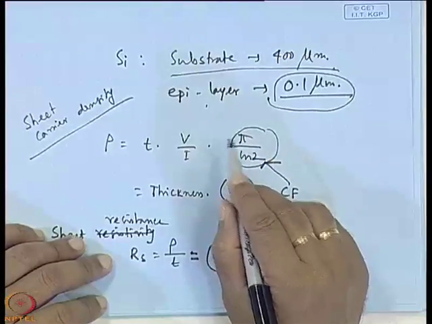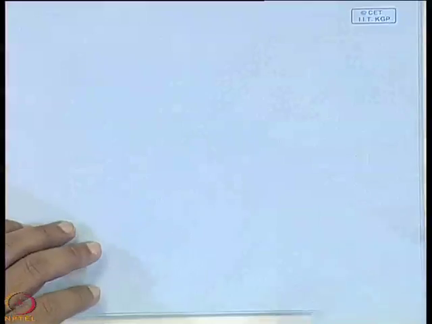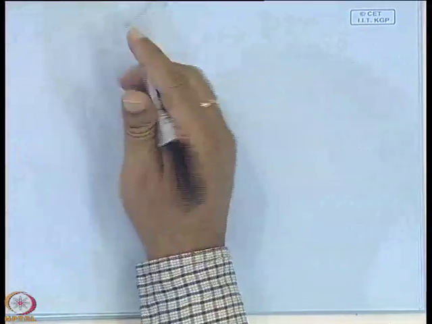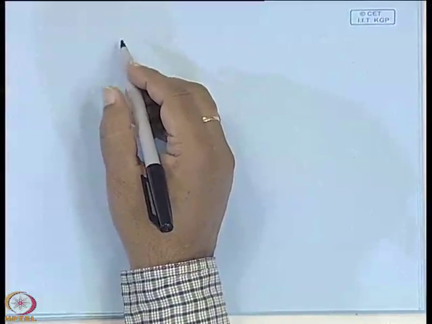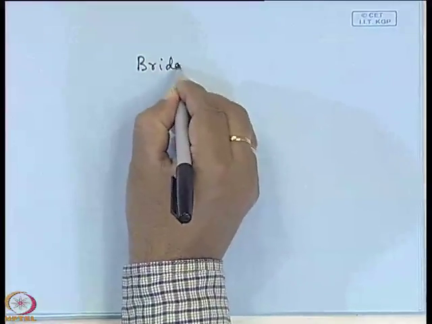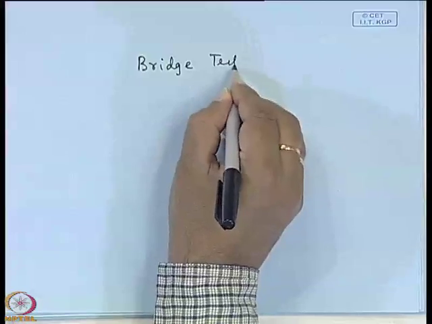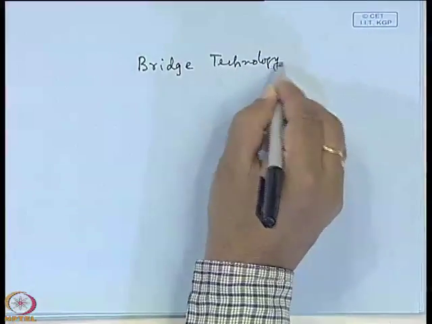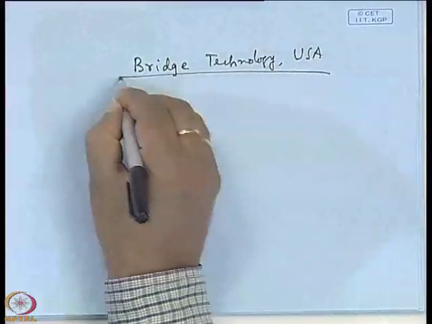But if it is another type of sample, say of irregular shape, it can be rectangular, triangular, any kind of shape, then this correction factor will be different. This correction factor is available. You can write down the site from where you can take it. It is provided by Bridge Technology, USA, through